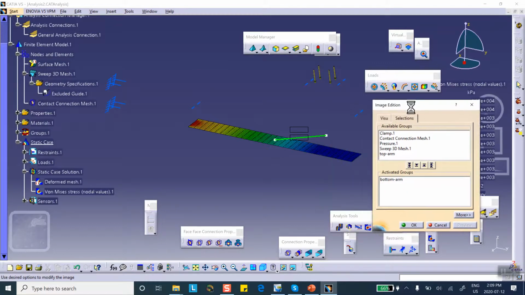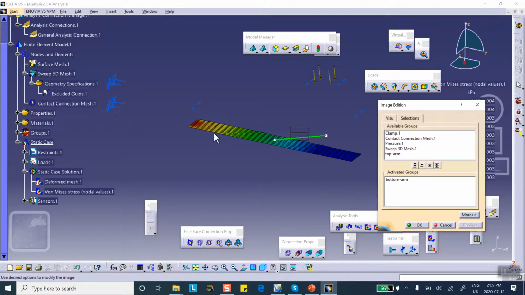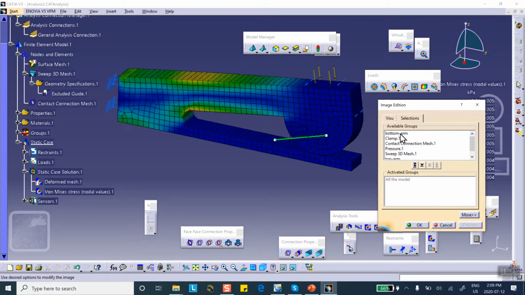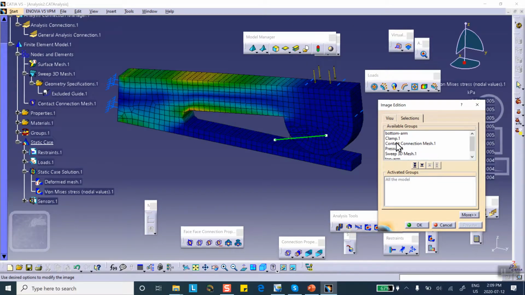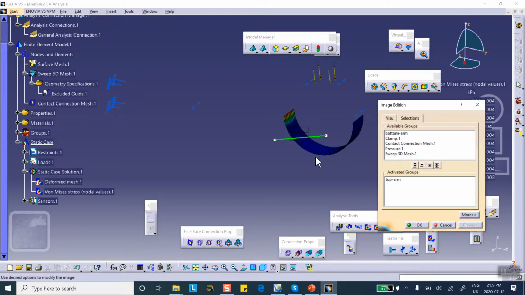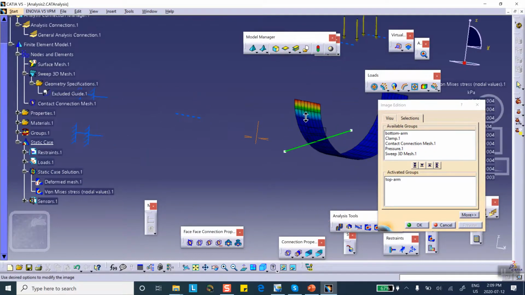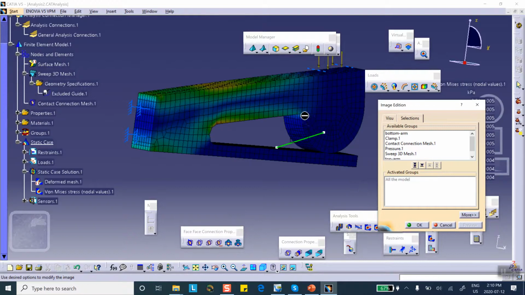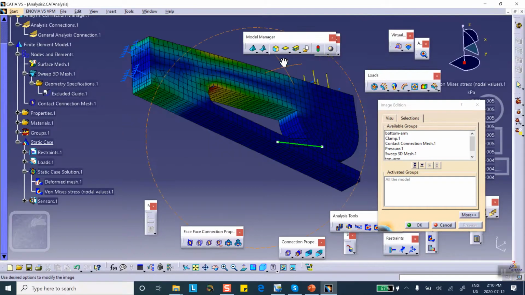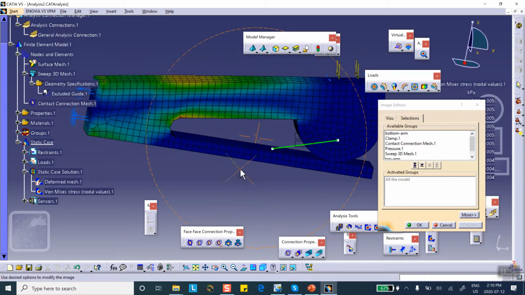Now that should not surprise you because the bottom arm is basically a cantilever beam. The biggest bending, and the biggest von Mises stress, is going to be at the support. The support is right here. Now, if you want to see the top arm, oops, not the top arm. Where's the other one? Oh yeah, this. Okay. The biggest stress for this problem happens to be in that area, and part of the reason is that I did not put any fillets here, and that's why you're getting gigantic stress in this area. So, well,